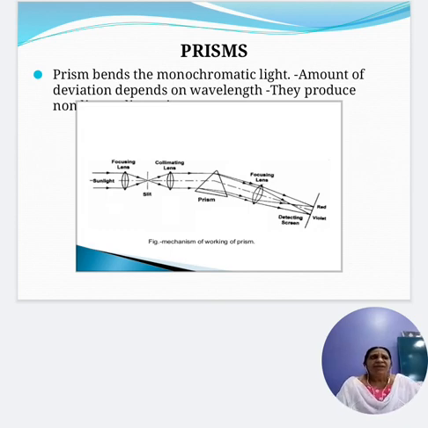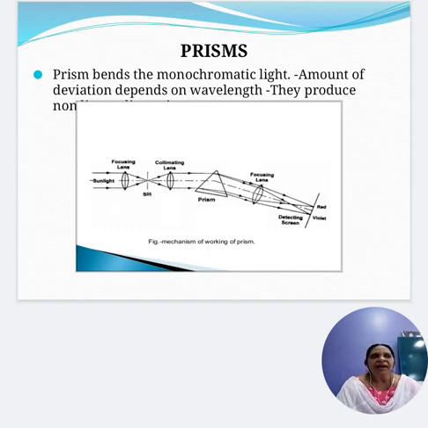See in the figure. Light from the sun is made to fall on the focusing lens. This is the radiant source. The sunlight coming from the sun passes through the focusing lens and enters the entrance slit. After it enters the entrance slit, that radiation is rendered parallel by the collimating lens.